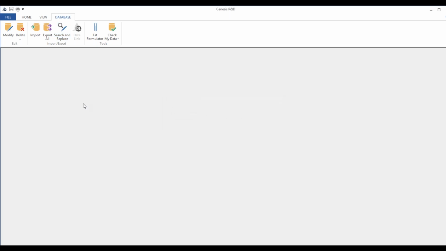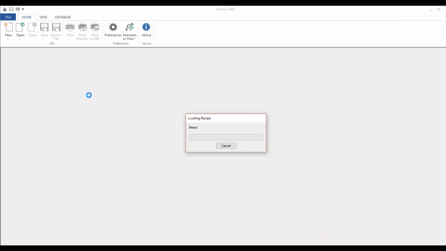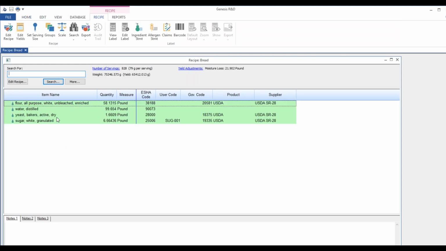Great. Our next question we have here: can I choose which columns to display in my recipe too? Kind of like how you did with the search screen. Absolutely. So let me open a recipe here. Here's my recipe screen. I've already built this. And you'll see, again, the columns displayed with your recipe information showing. Before, I showed you in the search screen